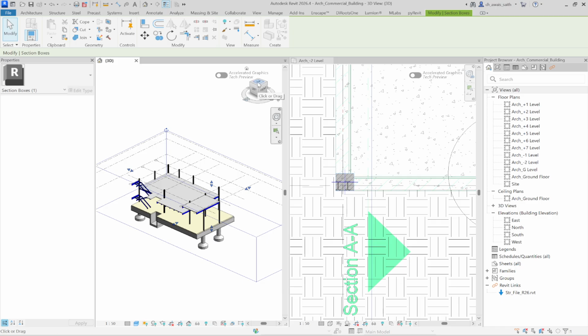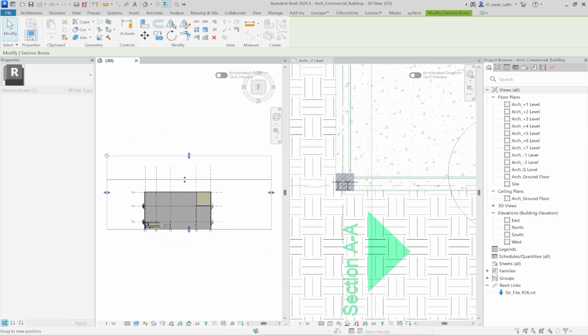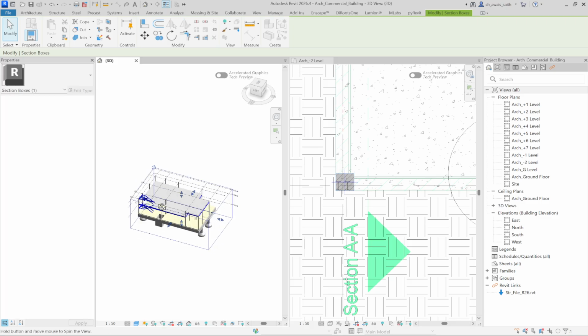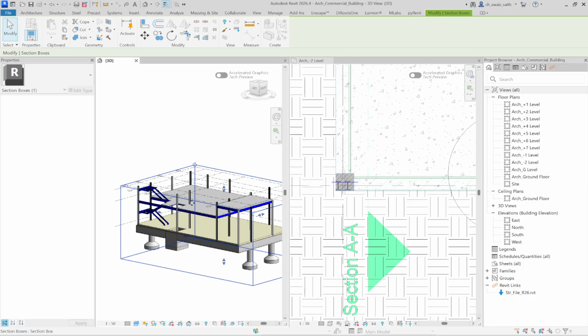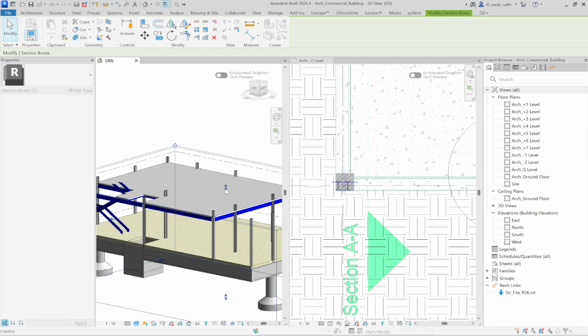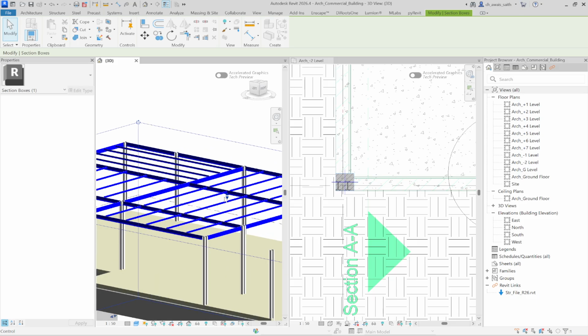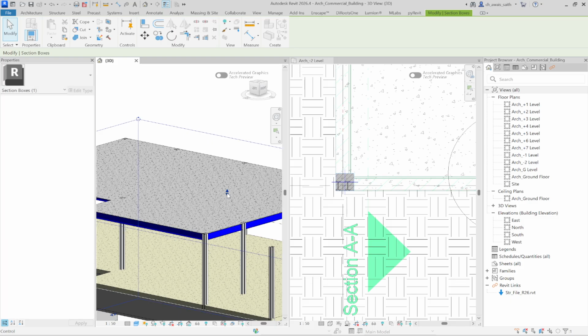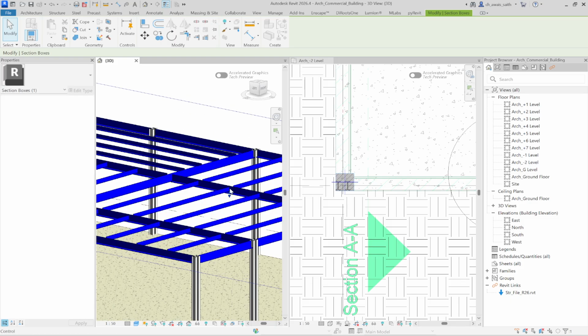Then by handles we will select or adjust our section box like this, up to the roof or -1 level structure frame. Okay, now